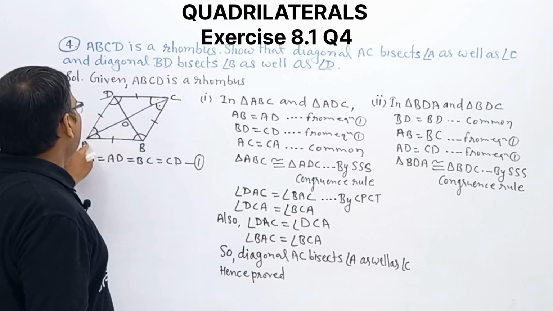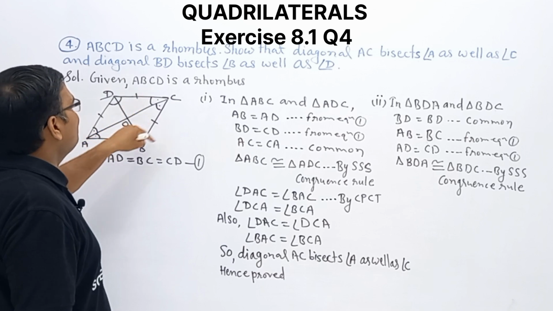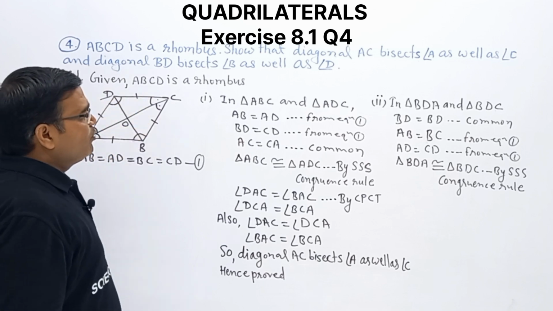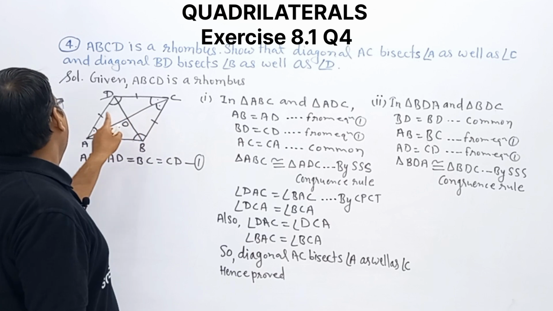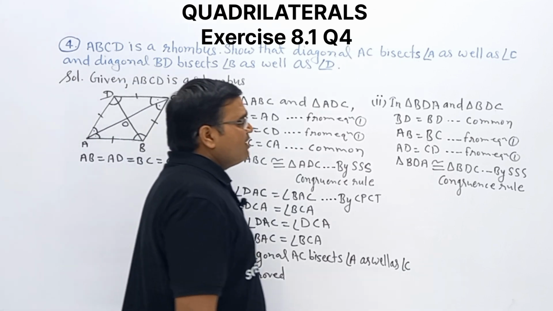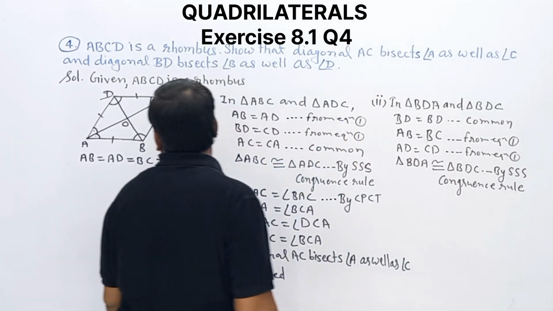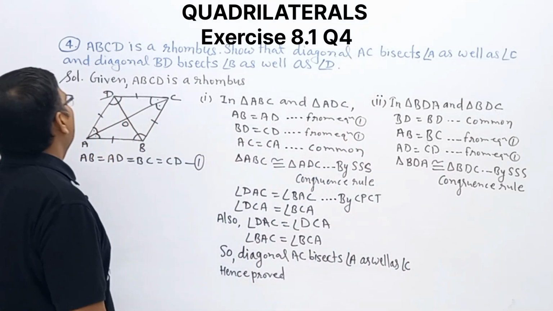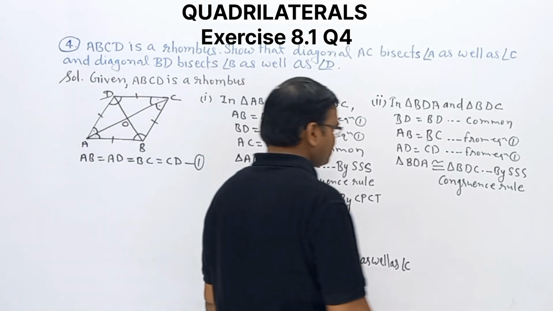Triangle BAD and another one, BCD. In these two triangles, we proved that BD is common, AB equal to BC and AD equal to CD. So by side congruence rule, we proved that these triangles are congruent. Then corresponding angles will be equal. So how can we write